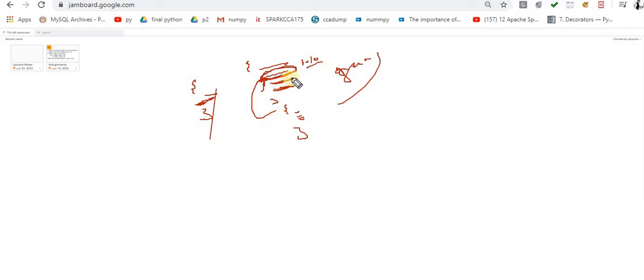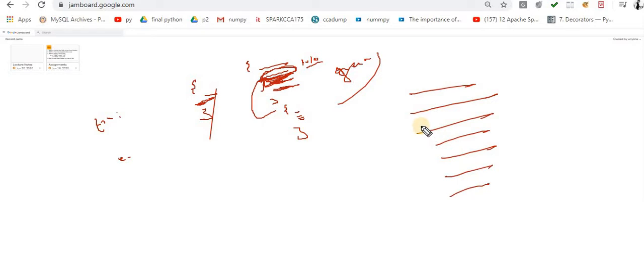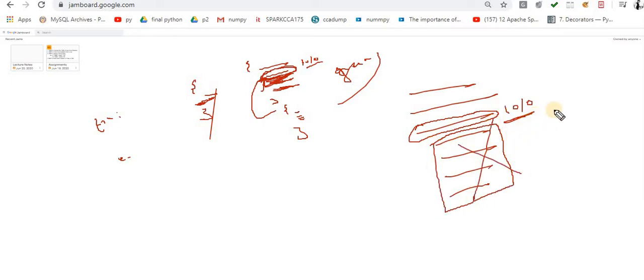It should never be unexpectedly closed. Basically, this is the appropriate word. I want my program with graceful termination. Graceful termination means that when I get an error over here, if I don't use try and except, then let's suppose I am writing simple code, 5 lines, 6 lines, whatever. I got an error in line number 3, and what will happen? The remaining lines will not execute. This is the abnormal termination.